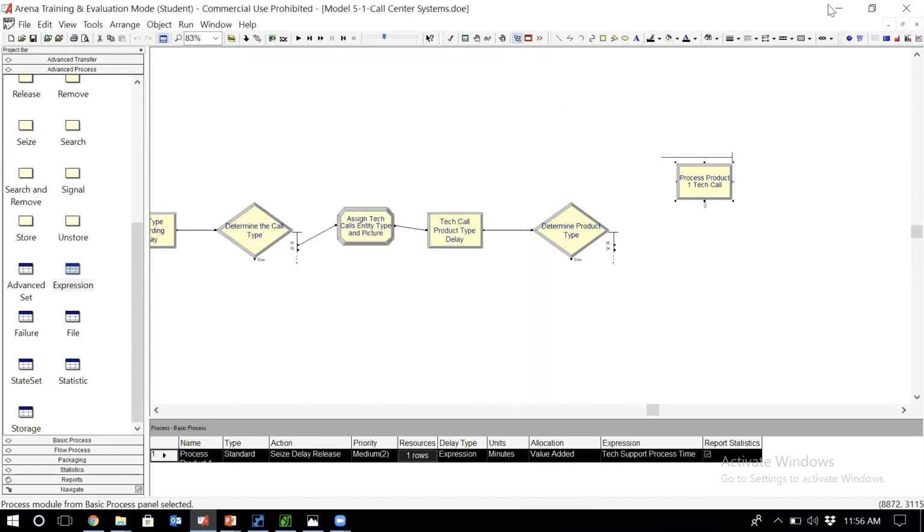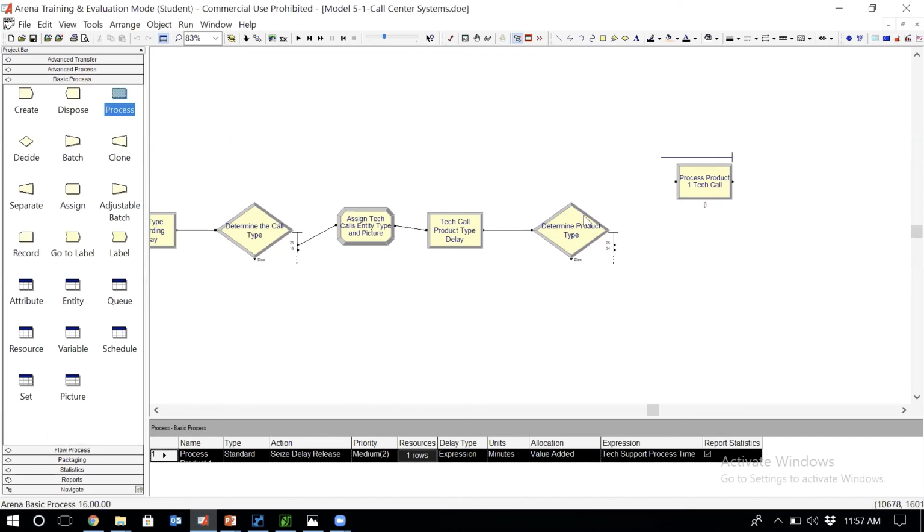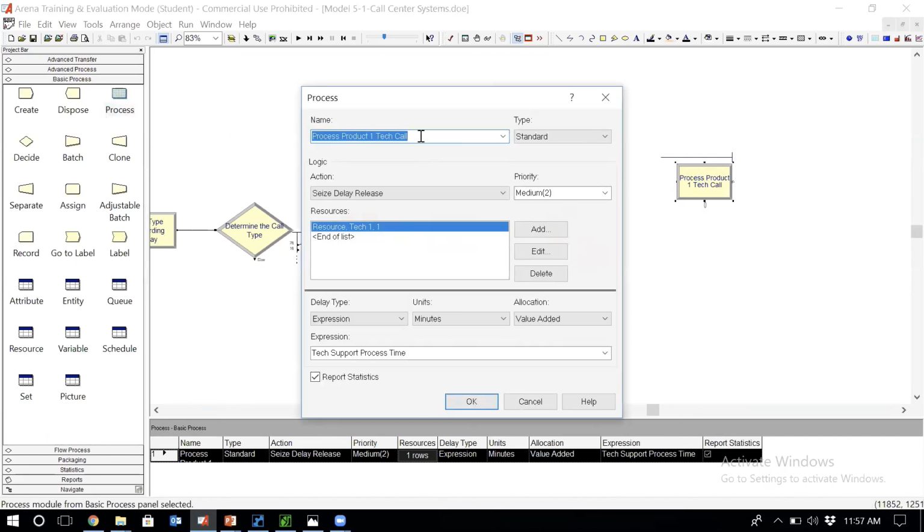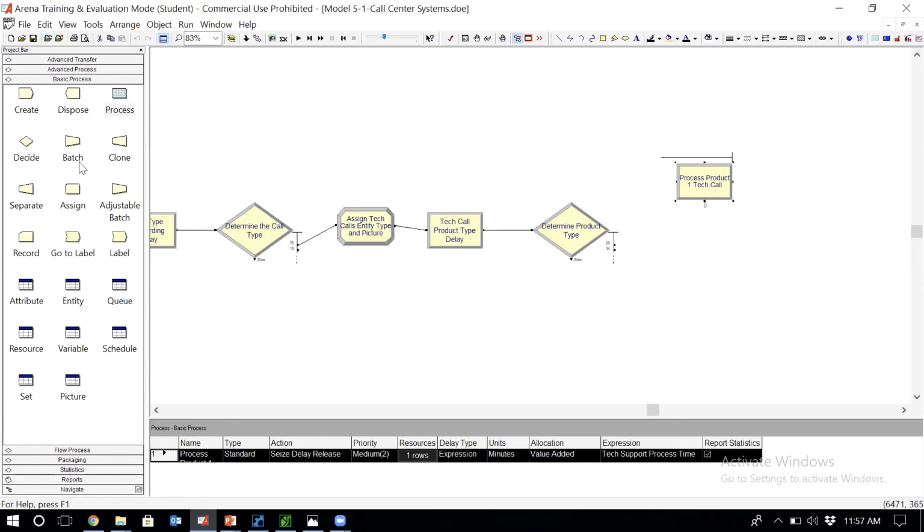So let's do that. Let's see, someone had a question in the chat. Okay. And so let's first of all, make sure to save. So this was the processing time for product 1. I'm going to do the same for product 2. First, I'm going to copy this name and then